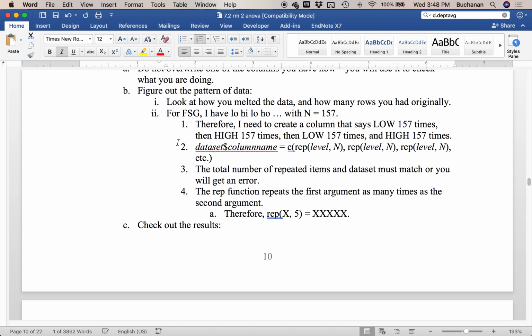And we're going to create 2 new columns. And to do this, you kind of have to look at the pattern of the data. So for forward strength, I have low, high, low, high. And the n is 157 because I have 1 outlier. So I need to create a column that says low 157 times, high 157 times, repeat. So we're going to use the repeat function,